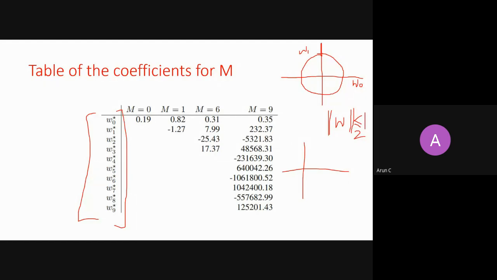And here, if you see, this point is nothing but 0, 1. It means intercept is 0 and slope is 1. So this is the maximum line that you can get. If you talk about this point, it means 0, minus 1, so the maximum line you can get is slope minus 1, like this. Then you go to this point on the circle, which is 1, 0. It means intercept is 1 but slope is 0. And if you talk about this point, it means intercept is minus 1 and slope is 0. So this is this point.